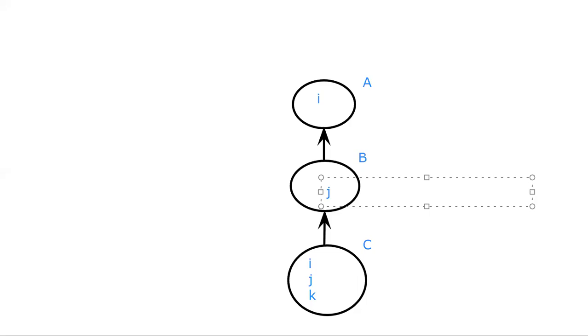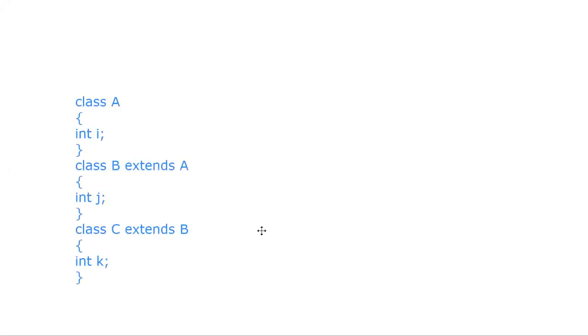Okay, you can refer here. I'm having three classes now. One is class A, the same code which I've seen before, a class B which is a subclass of class A, and a class C which is a subclass of class B, which in turn inherits the properties of class A.